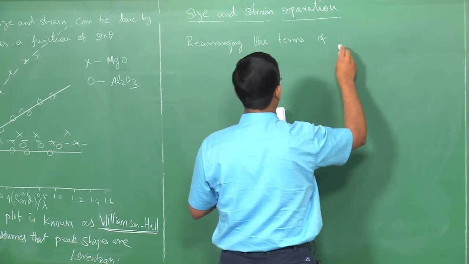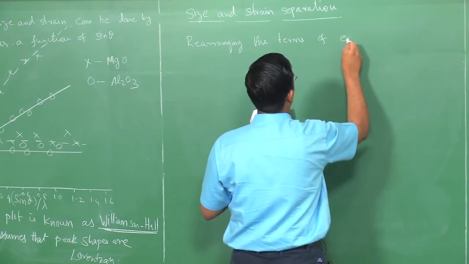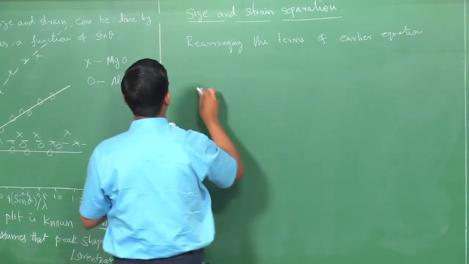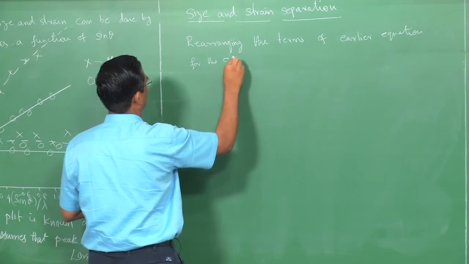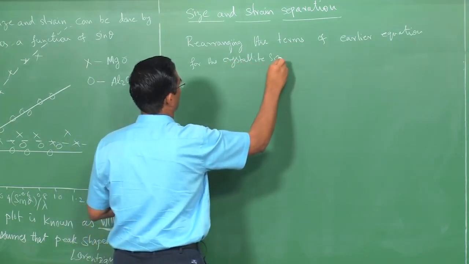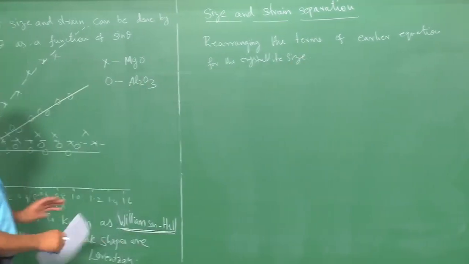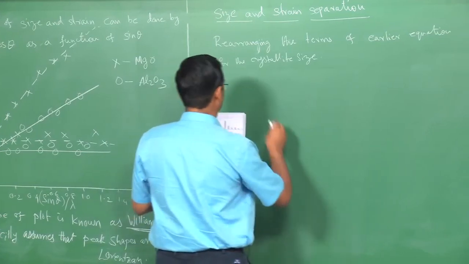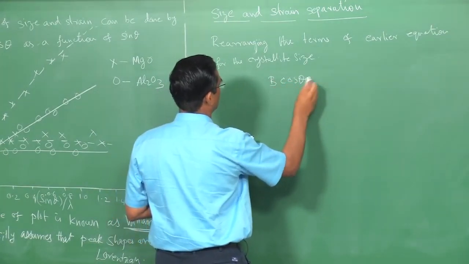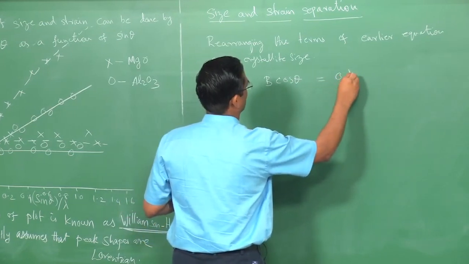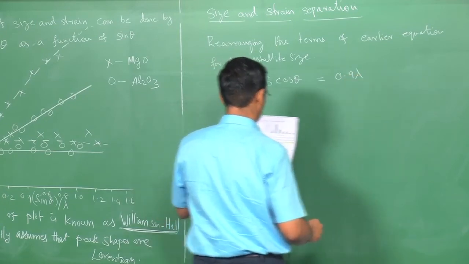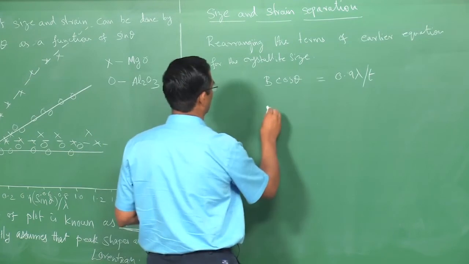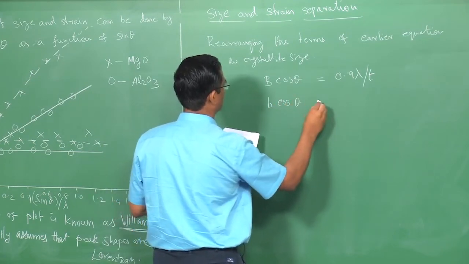Rearranging the terms of the earlier equation for crystallite size, that is the Scherrer formula, we can write b cos theta is equal to 0.9 lambda divided by T, and this is one equation we know, and we have also done the other equation, that is the strain equation,